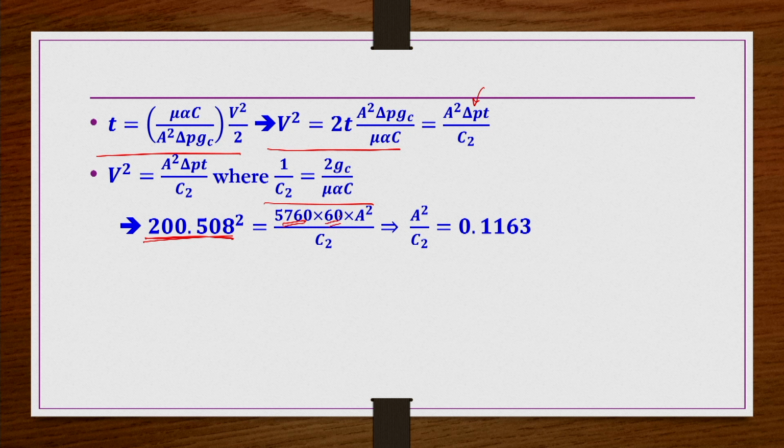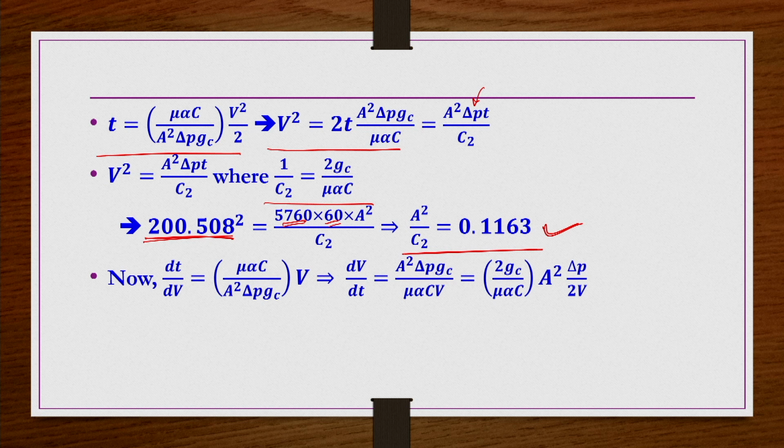So, that we write as 60 minutes, because cycle time we are writing in minutes. So, that is the reason. From here, A square by c2, how much you will get? 0.1163. So, whatever the unknowns are there, A square by c2, that you have calculated from filtration information. In 1 hour filtration you get 1500 gallons, that is given, right. Now, this value you can make use for wash liquid, right.